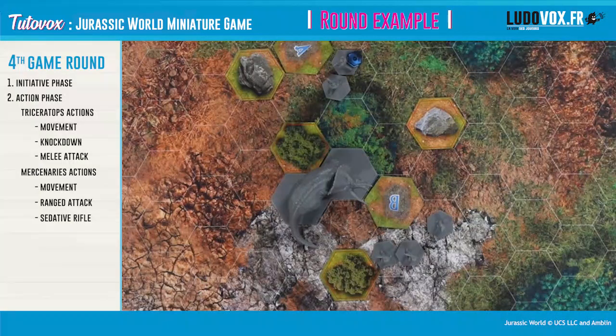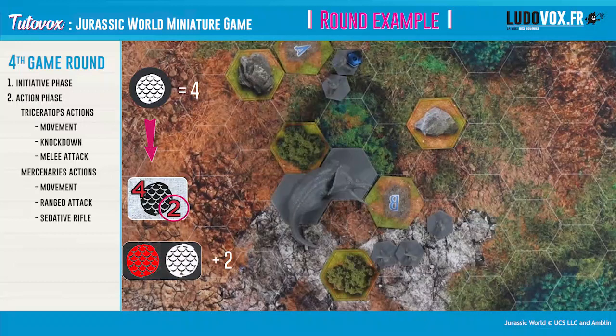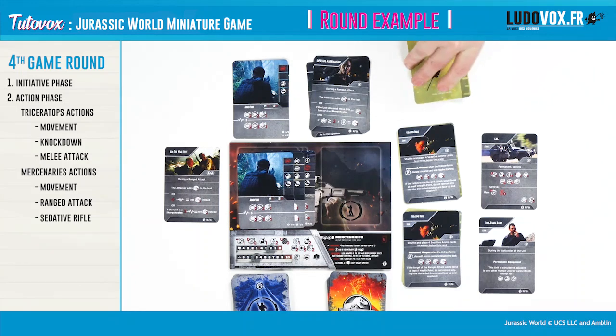The Triceratops behind armor value is 4, as is the perforating value of the attack. The armor value is cancelled and the Triceratops will lose 2 hit points. The sedative rifle card specified that if the target should lose hit points, the ammo card must be revealed and applied. The ranger player reveals an adequate dose and must perform a 4-threshold test to check if the dose affects